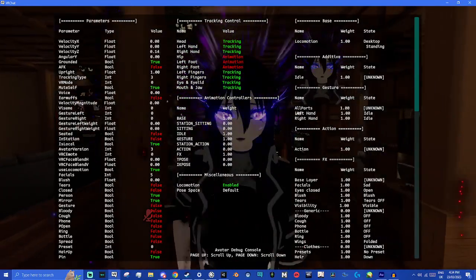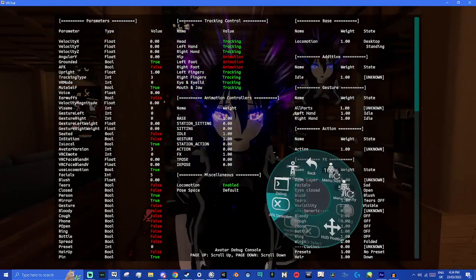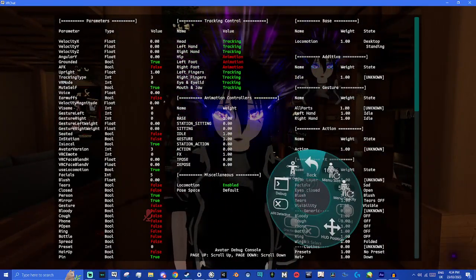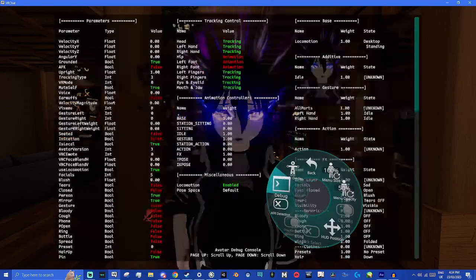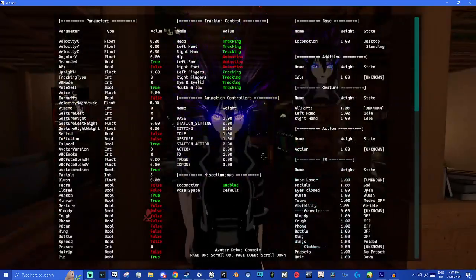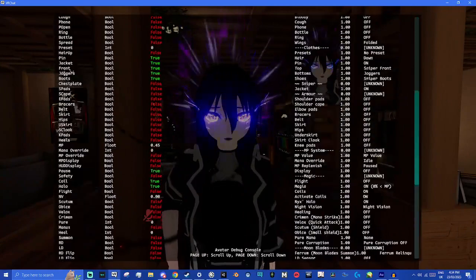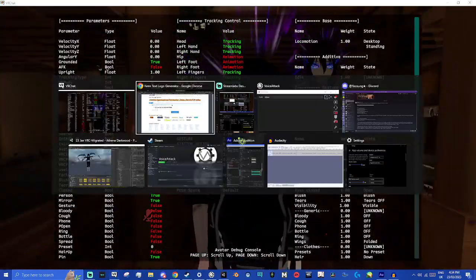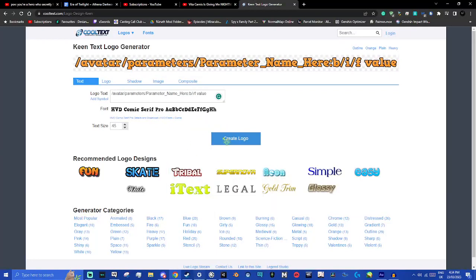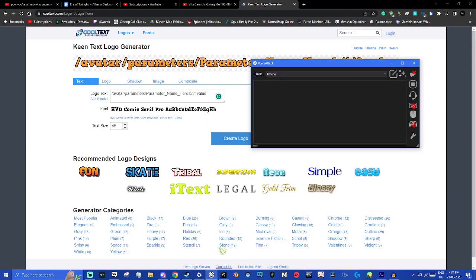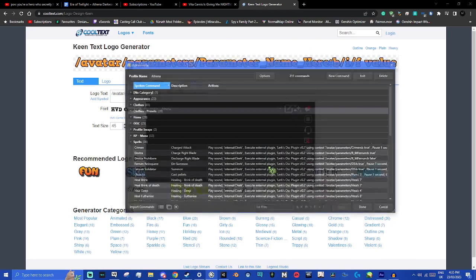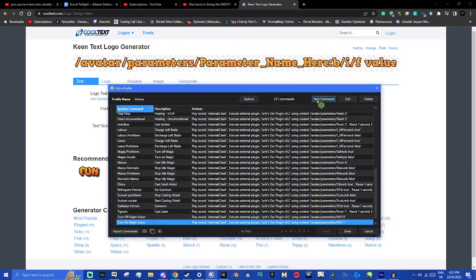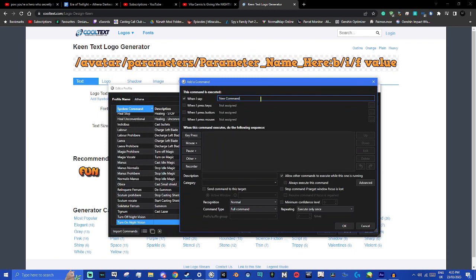All you gotta do is know the parameters, which you can find via the debug menu right here. All of the parameters are on the left. As long as you have these and know whether they're bools, floats, or ints, you should be fine. This is the generic setup that you should be using when you're setting up new commands. Like if I go here and I make a new command, then I should